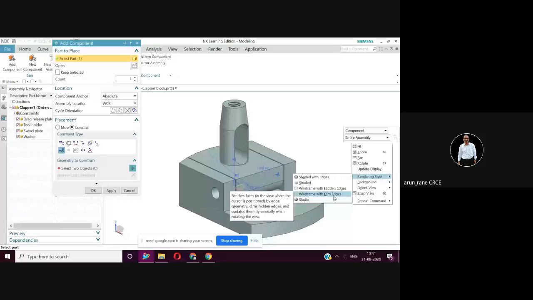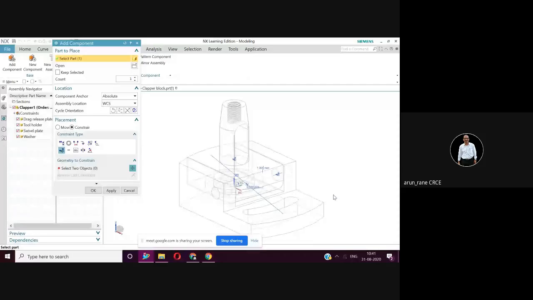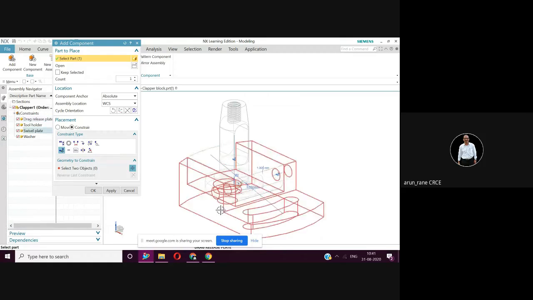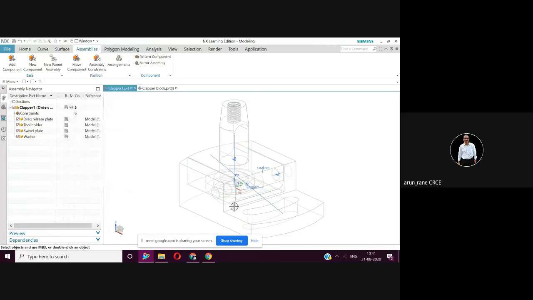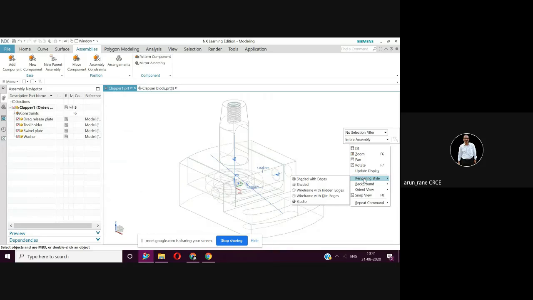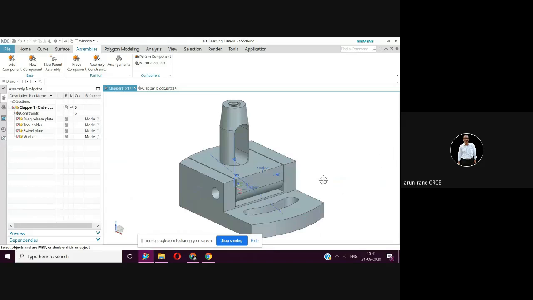Okay, so now with the images, as I said, you click here. So washer is here. You can see this round part. So you say OK. Okay, again go to rendering style, shaded with edges. Now, as per procedure, we have to move the washer out.